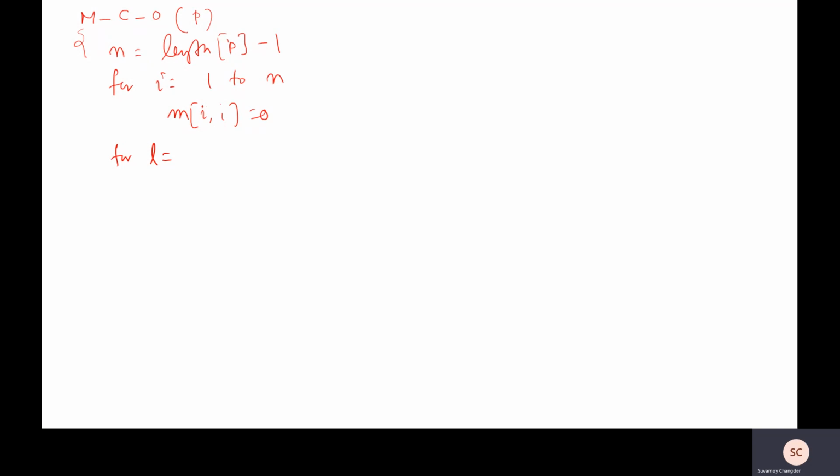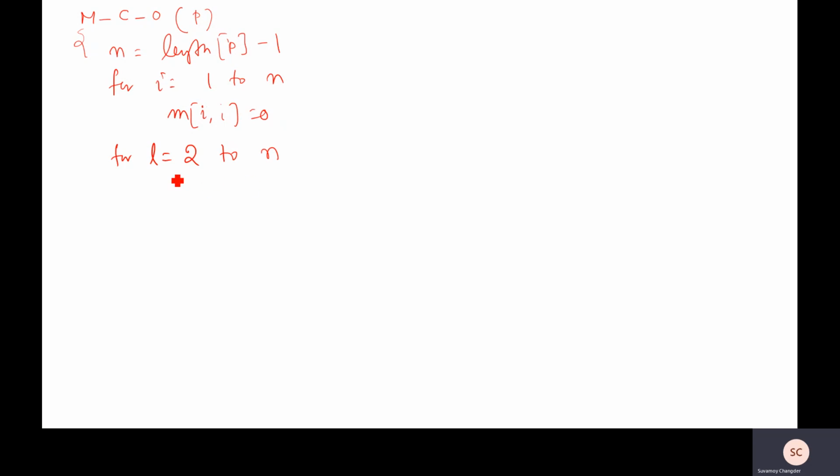First we will multiply two matrices at a time, A1A2, A2A3, then A3A4, and store the results in a matrix. Later, when we have to multiply 3 matrices, we can use the stored A1A2, A2A3, A3A4 results in the next stage. So first we multiply the matrices with variable length, that is, from L equals 2 to n. In the first stage we multiply 2 matrices, in the second stage 3, in the third stage 4, and we store the record.